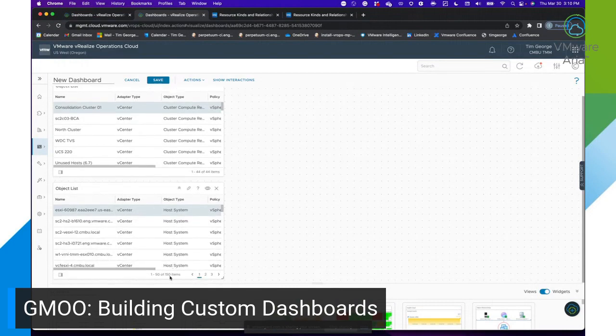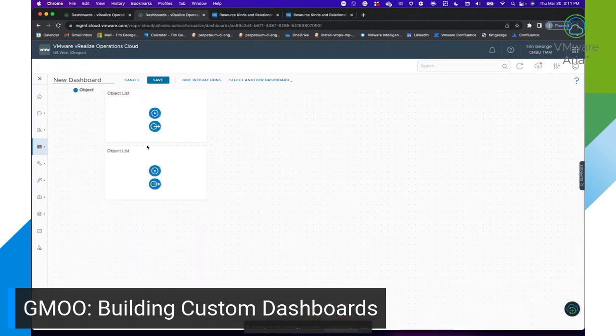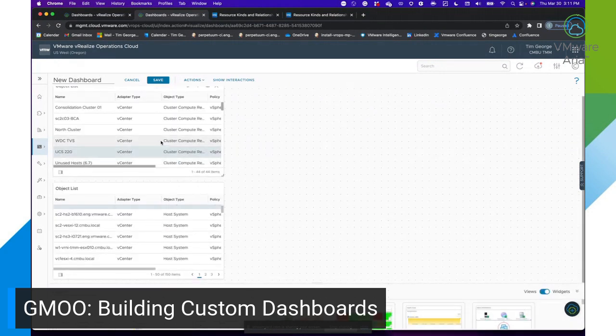So we can see we've got 150 hosts pulled in, and it's not really listing the hosts in individual clusters. And notice if we change our cluster, our driver here at the top, we're not getting any sort of change on our host system. So what we need to do is go up here to show interactions, and we're going to tell it this is our cluster at the top. We're going to tell it we want the children, which we've already specified, of that cluster,